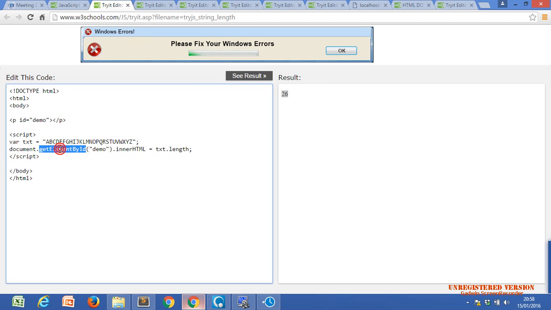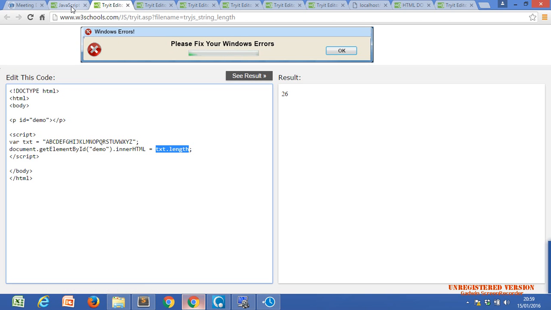getElementById, where document means the current document. It means we are searching this document for the demo id, and there, .innerHTML means we assign 26 into the innerHTML of this p tag. Why is it 26? Because txt.length just returns the number of characters of a string, nothing else.